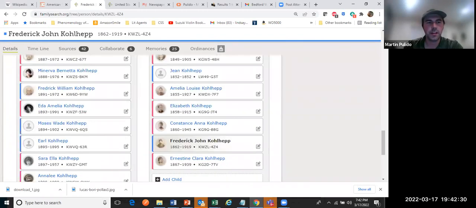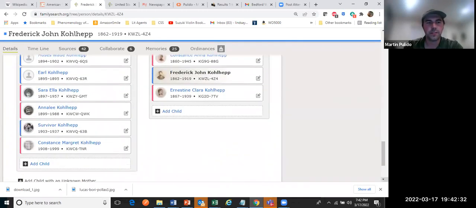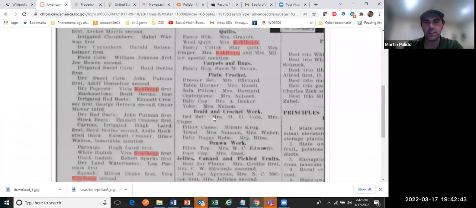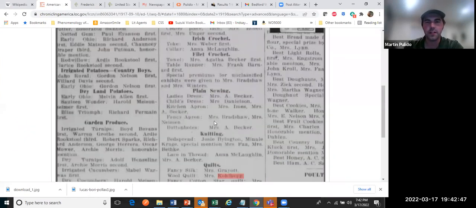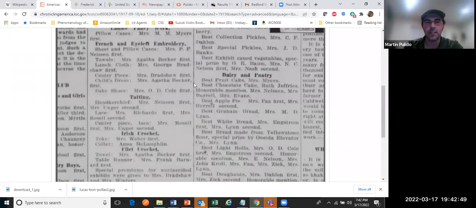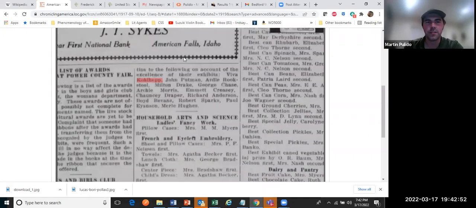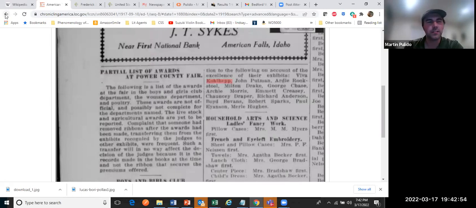So you can see down here, there's Survivor Kohlhepp. Viva is a nickname for Survivor. So that is him being referenced here. This is kind of a fun little tidbit I learned about his wife and some of his kids participating in these contests and exhibits at the Power County Fair.